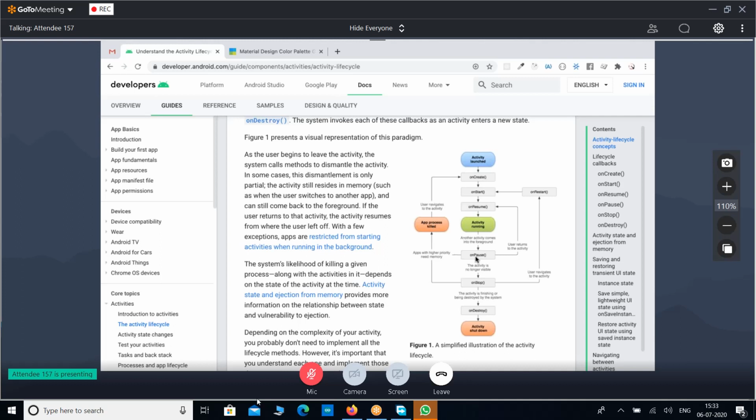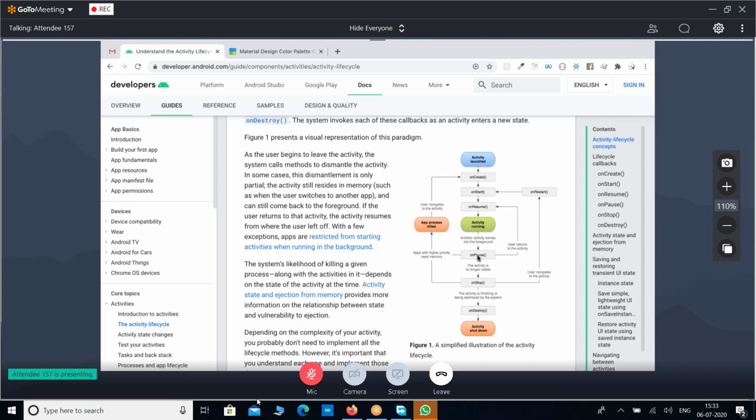If activity is paused, which is nothing but if you are moving from one activity to another activity, the previous activity will move to on pause, and once you visit back to that activity, it will call on resume and switch to the activity running state.